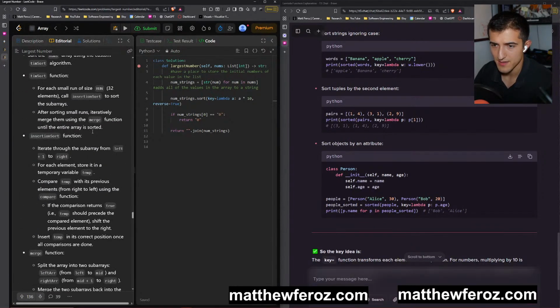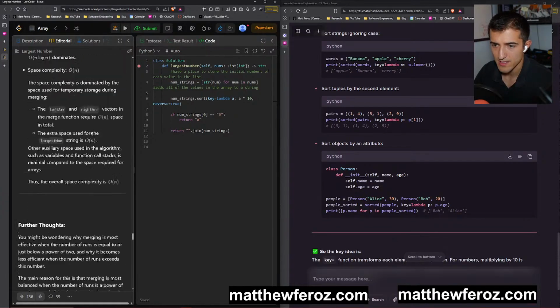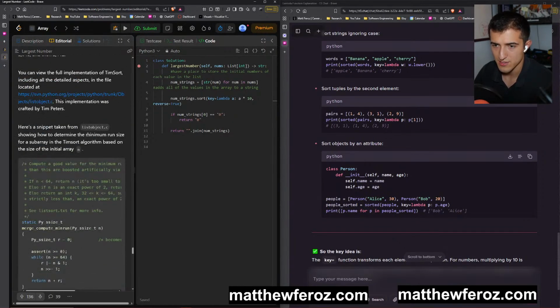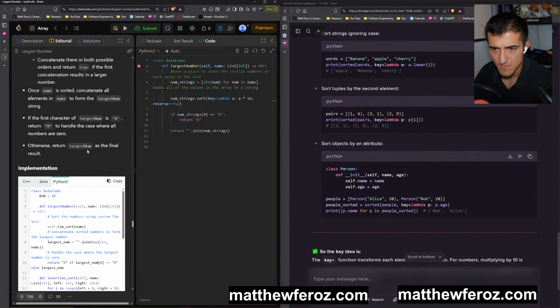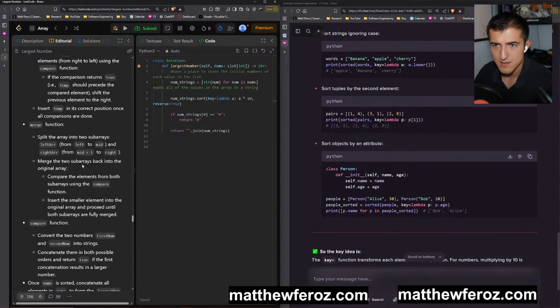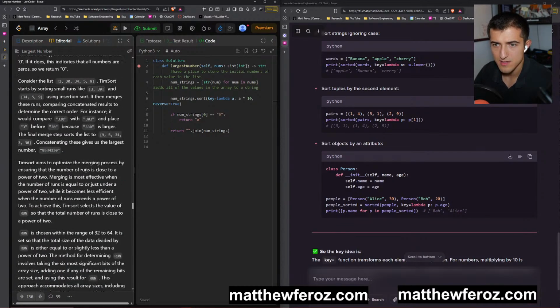I know that these different sorting functions, especially heap sort, are useful. So I'm gonna go back and try looking at heap sort and see if I can understand that. Not Timsort.